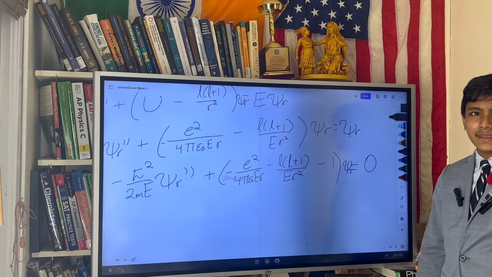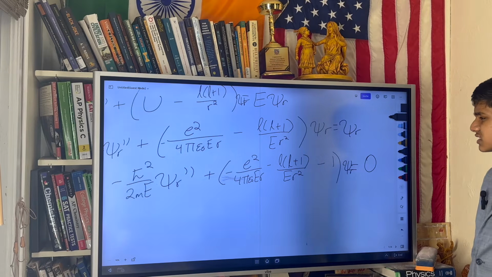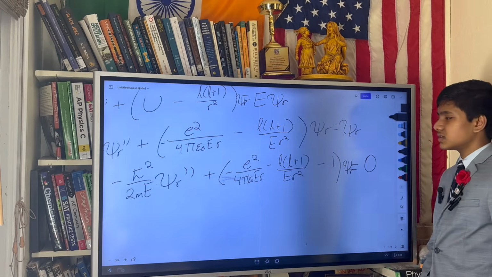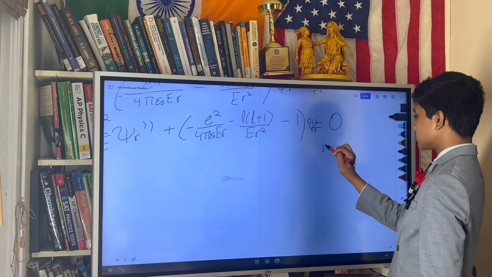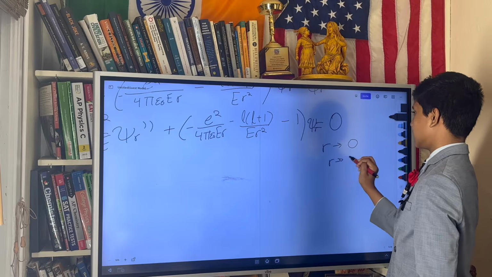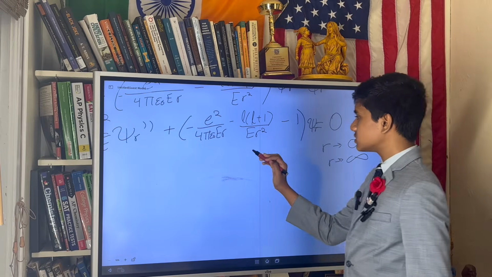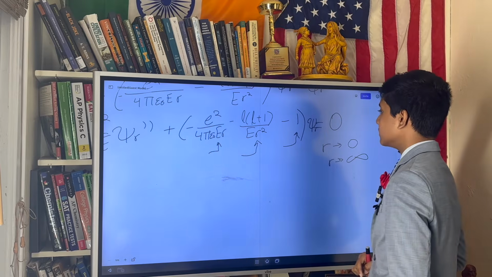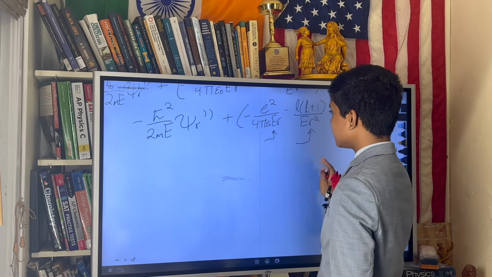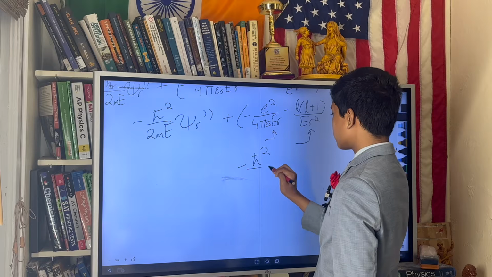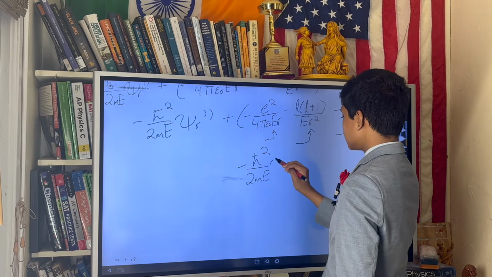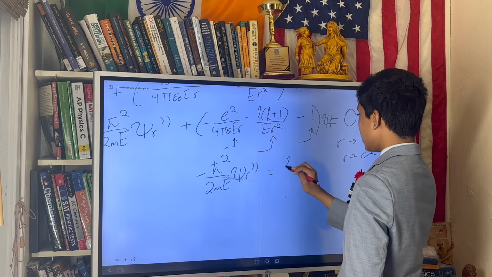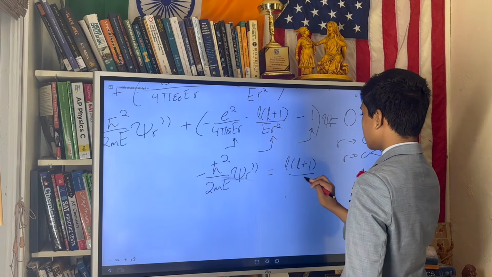So now we can analyze the behavior of this function. We can analyze the behavior of this function as r approaches 0 and as r approaches infinity. Now, as r approaches 0, this is going to blow up, this is going to fall behind, and this is going to fall behind even more, which means we're going to get minus h bar squared over 2m e psi r double prime is equal to L times L plus 1 over